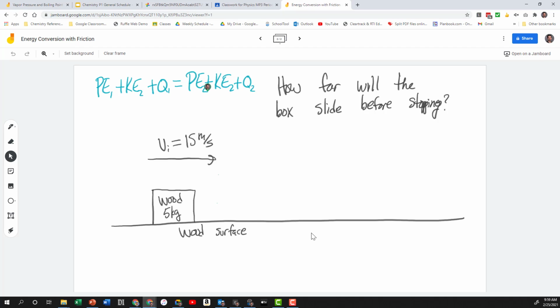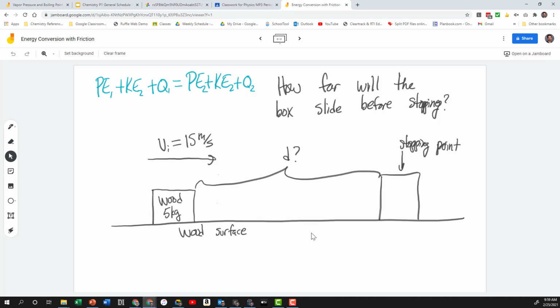All right, the box is going to stop at some point. Okay? Stopping point. And this distance, D, we want to find out D. All right, so